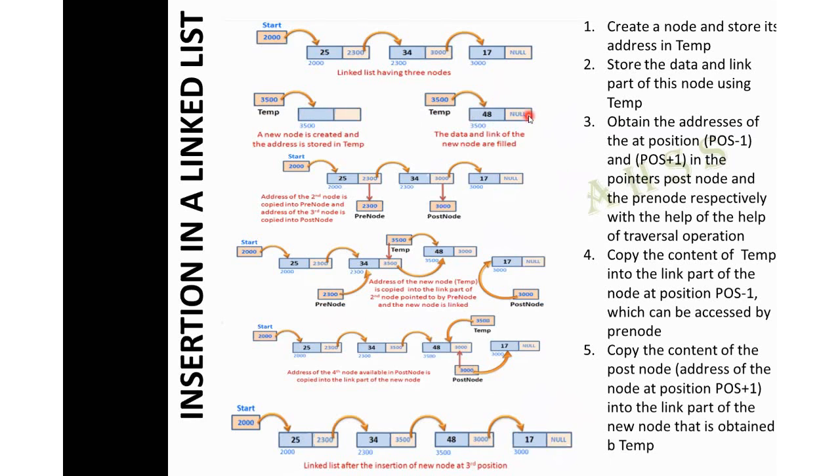Now we are only going to insert this node in between. At present we don't need any more nodes connected here. That is why we are giving it as null over here. We are not connecting any more nodes, so we keep it as null. Now we should decide the location where we have to insert it.